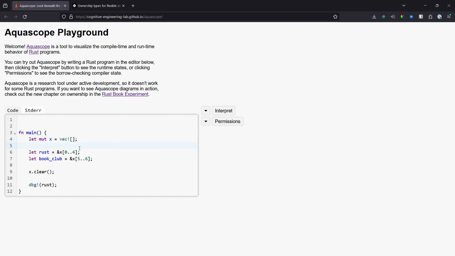I don't know if clear is on a vector, but we can always change it. X of 0 is equal to 56. And let's see. It has a clear,